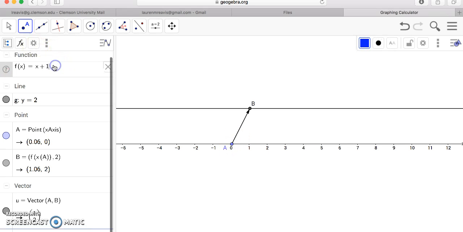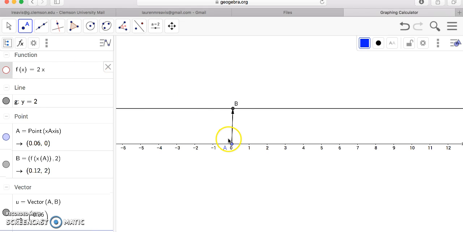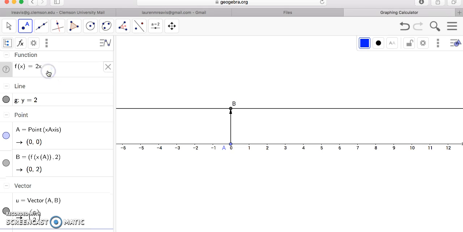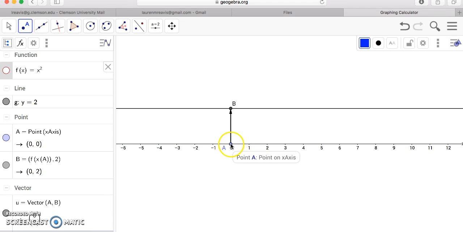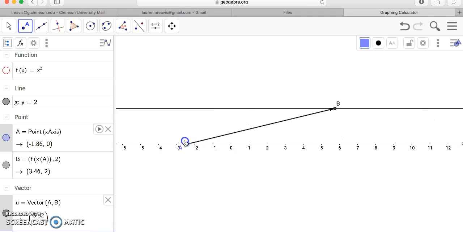I can change this function to see how other things change. So now we have 2x. Notice that it's a little bit different than the last one. I can change it to a quadratic, x squared, and it changes even more. So you can keep playing with these and see how the behaviors of each function, the behaviors of the output